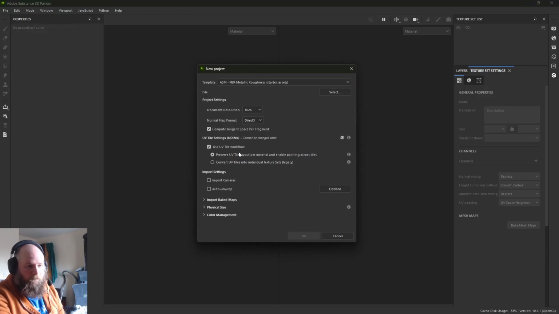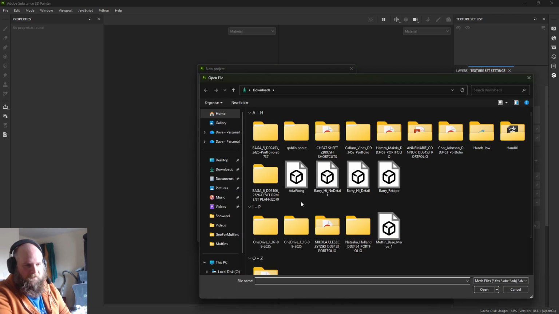So new, big one for us, we need to make sure we're ticking this use UV tile workflow, preserve UV tile layout per material, and enable painting across tiles. This is really important for when we're dealing with anything where we have multiple UVs or multiple UDIMs, because if we don't have that turned on, we just basically have the head and not the body. And whatever we texture on the head gets put onto the body. Even though technically the UVs for the head are there, they're not being read as a separate UDIM, a separate area to texture. With this use UV tile workflow ticked, it will recognize it as a separate UV flow,